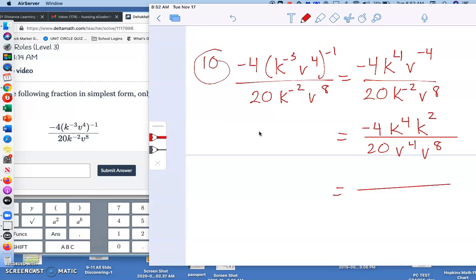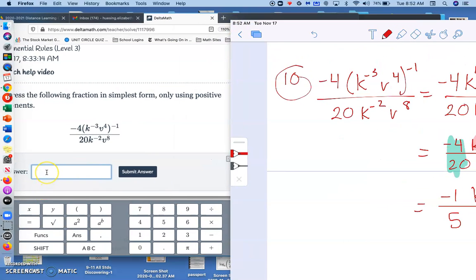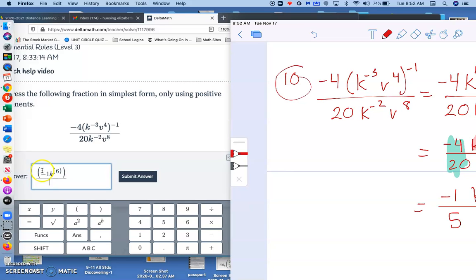So now if we simplify it, negative 4 over 20, so negative 2 over 10 it reduces down, so negative 1 over 5. Our k's are on top, so we have k to the 6th, v to the 12th. Make sure when you are entering this that you put your numerator in parentheses. So negative 1, k to the power of 6, divided by